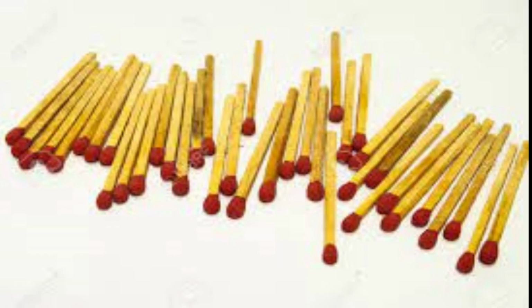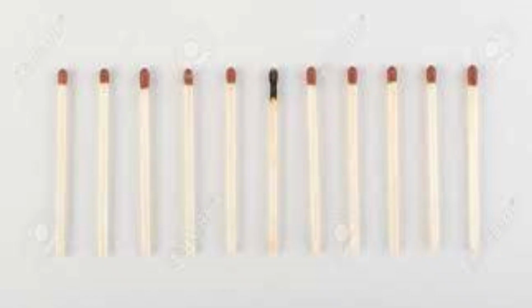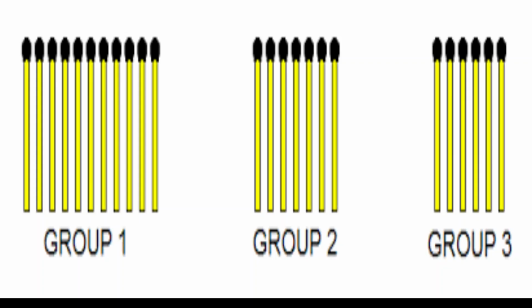Look here. How many mangoes are there? Count them. Yes, 6 mangoes are there. Now we can call it a group of mangoes. Now, if I give you a lot of matchsticks, how will you count them? Will you count them one by one, like keeping all the matchsticks in a row and then starting to count 1, 2, 3, 4? But today we will learn a new method: how to count objects by making them into groups.